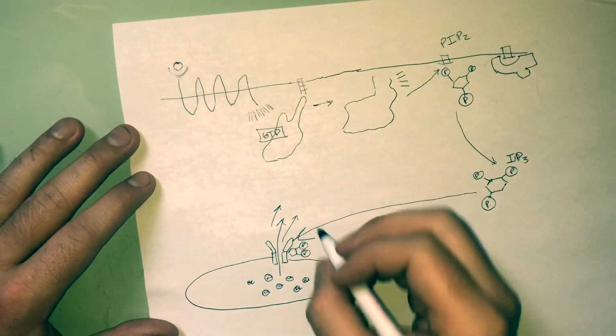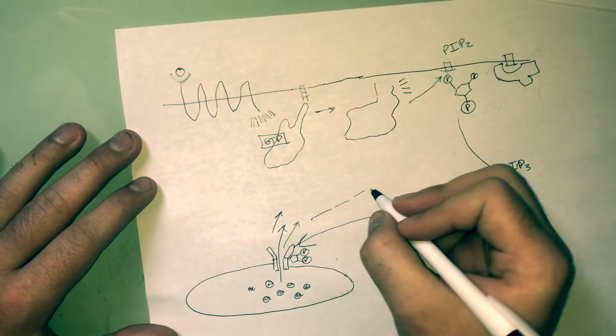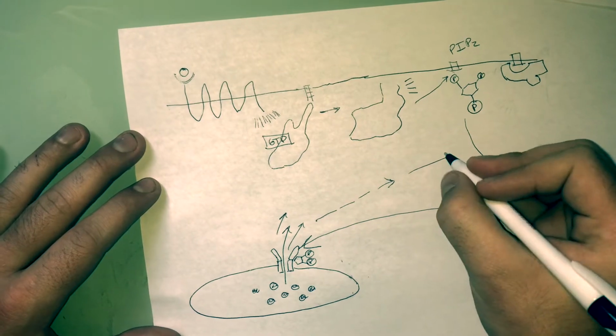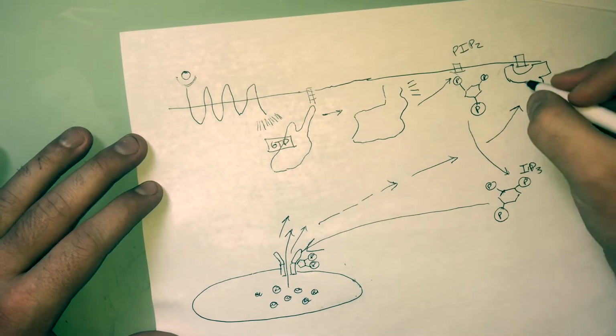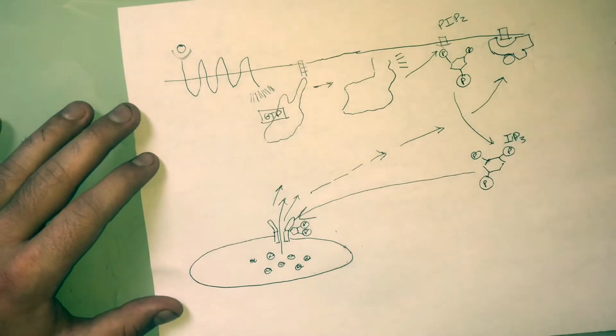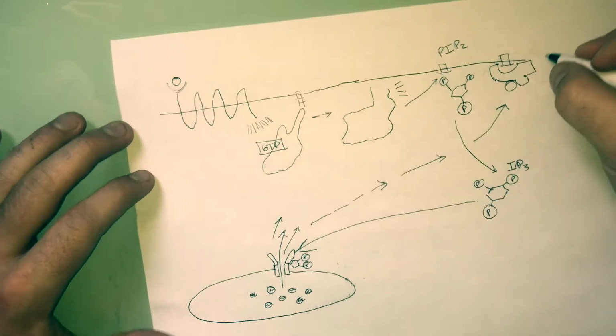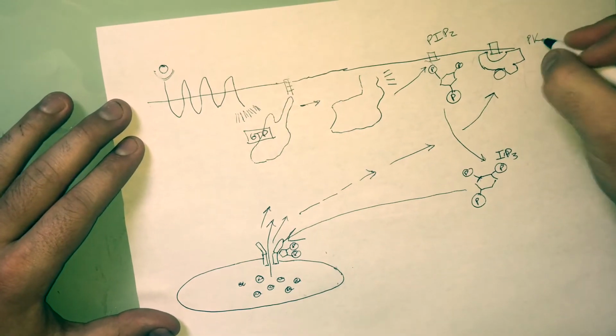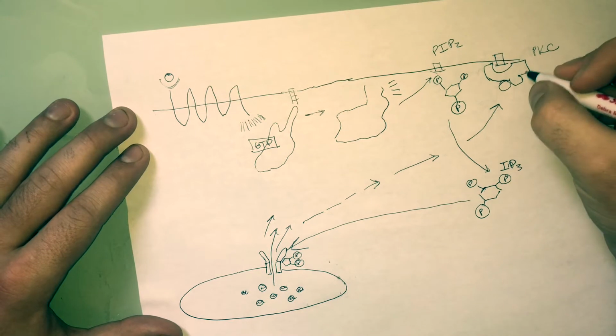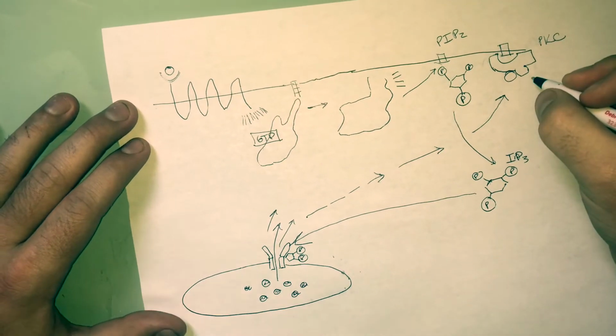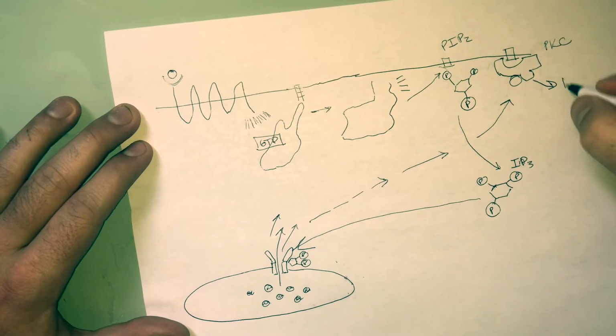As these ions move all the way until they bind into the activated protein kinase C, this protein kinase C will then trigger downstream